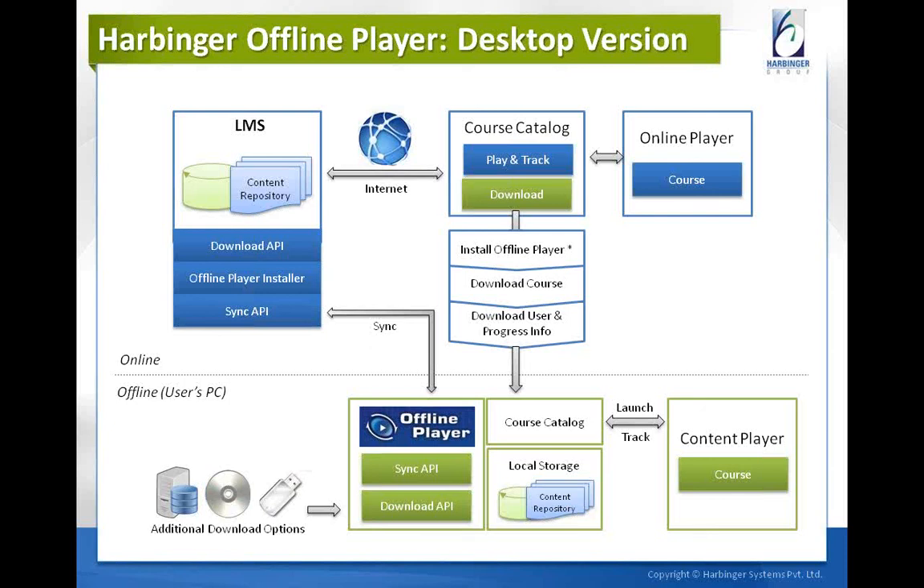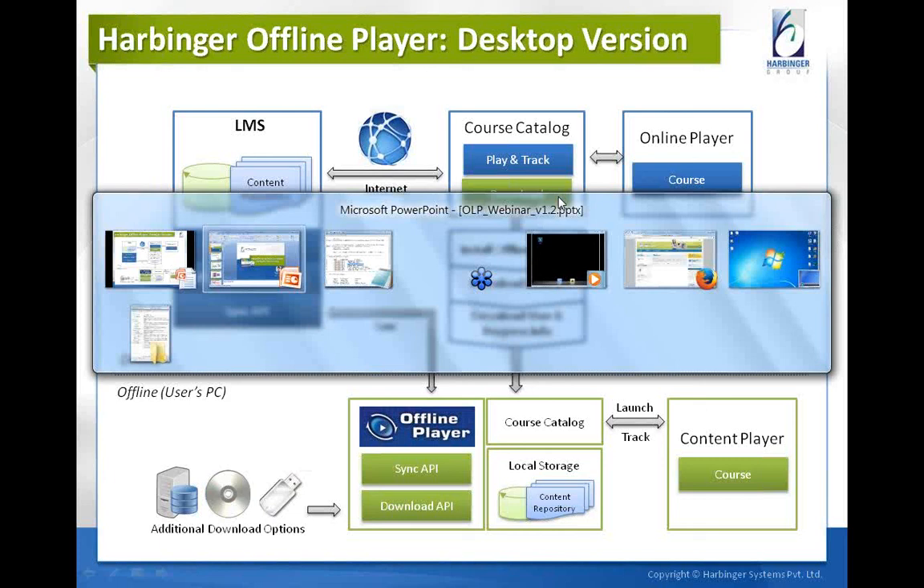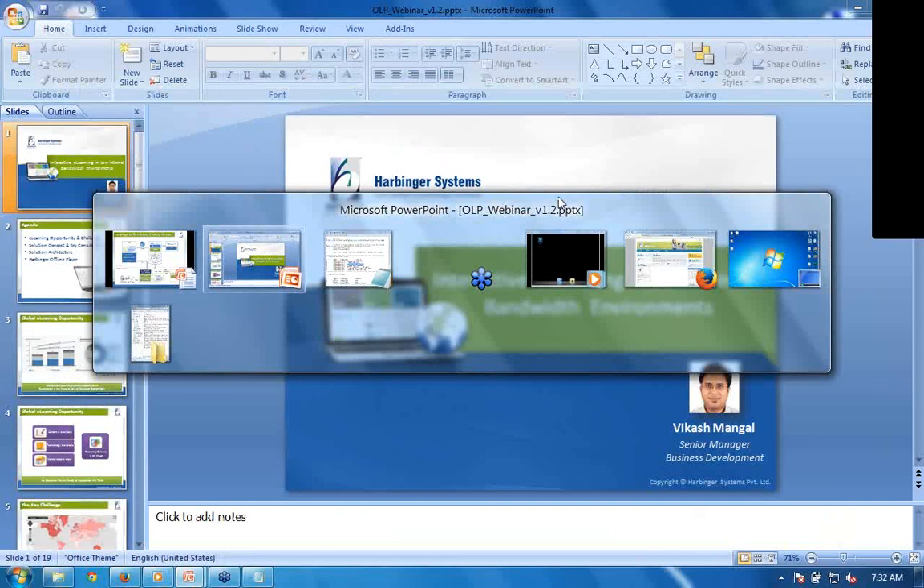So from here, let me take you to an actual demo where I'm going to show you, using our instance of the LMS, how this would work. So here I have logged into our LMS, which is a customized Moodle instance. I've logged in as a user, OLP user 25, and here I can see the course. And here we have been provided